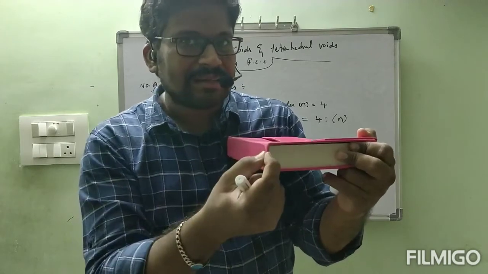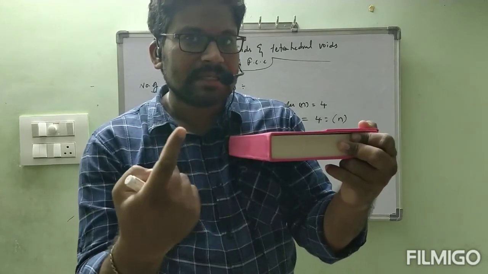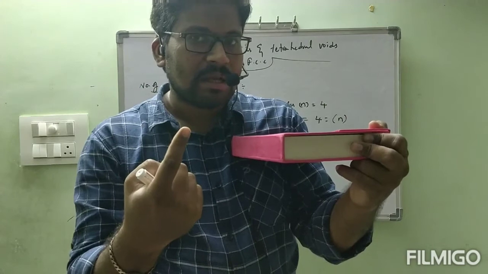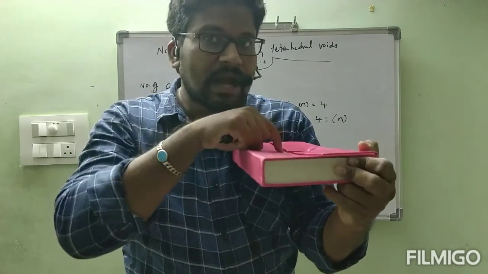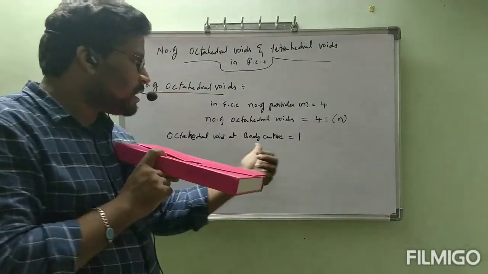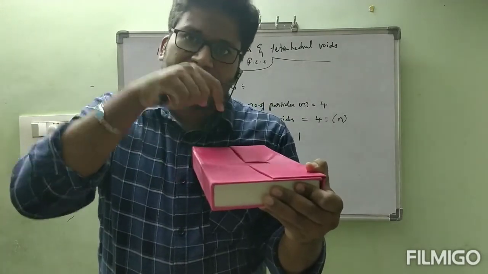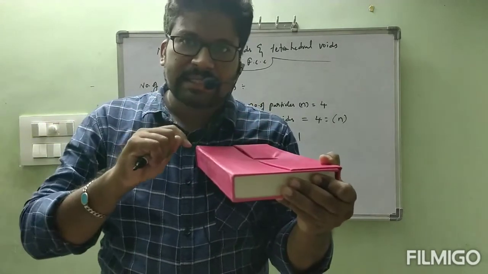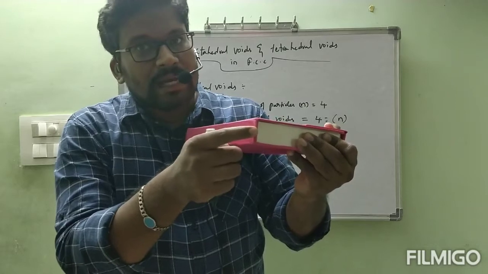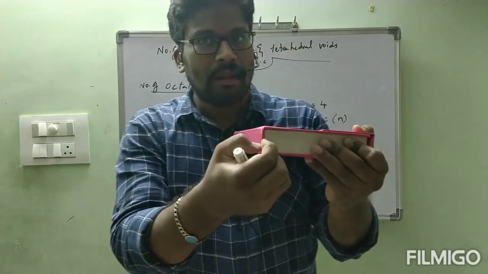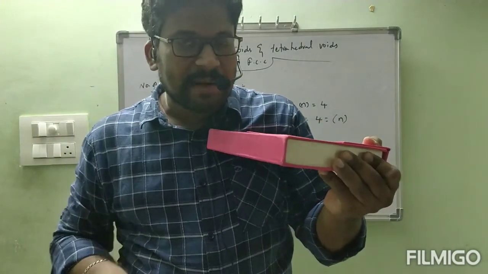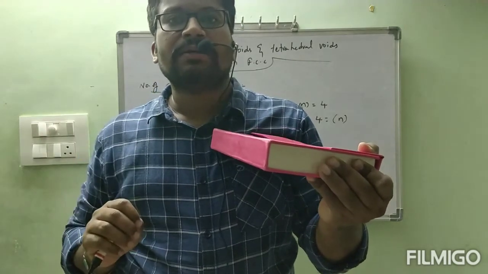Actually, this is in the corner, that's why all the 6 particles do not belong to the same cube. Actually, the body center octahedral void is there, na? That is entirely belonging to one unit cell. So it is surrounded by 6 particles, all face centers only. That one we easily understood. But the octahedral void present at the edge is surrounded by 6 particles only, but all the 6 particles do not belong to the same cube.